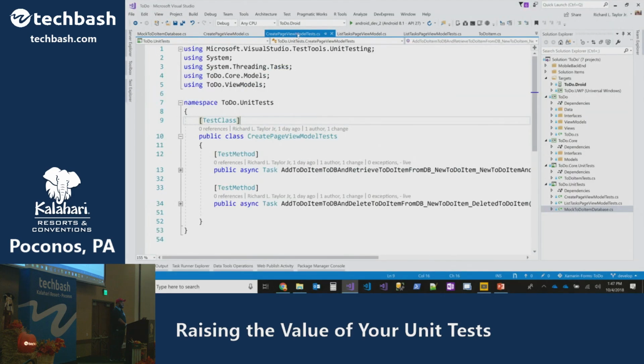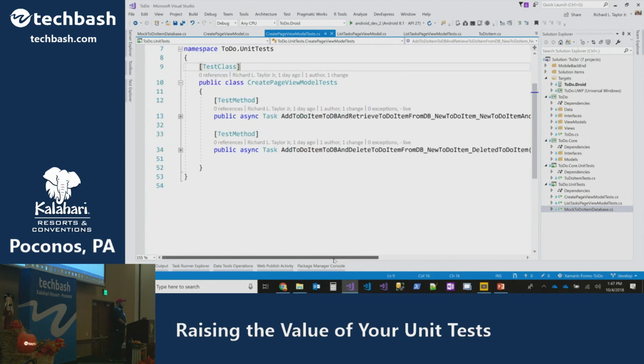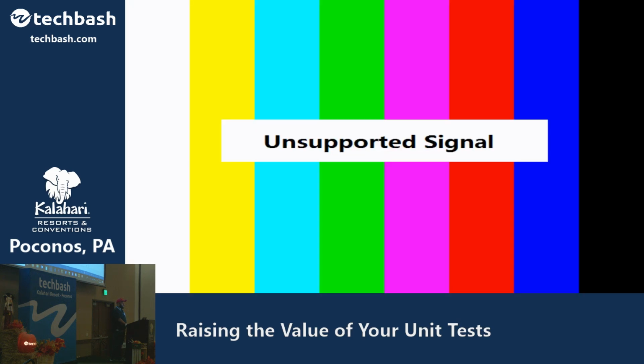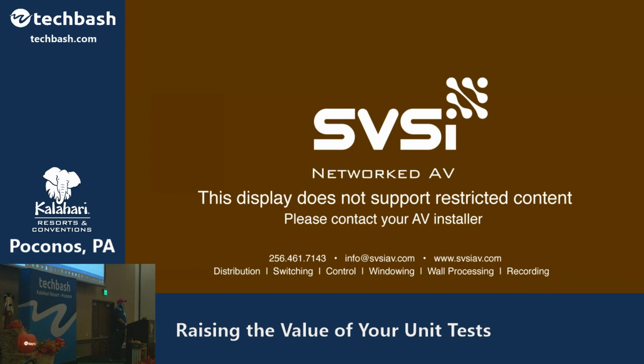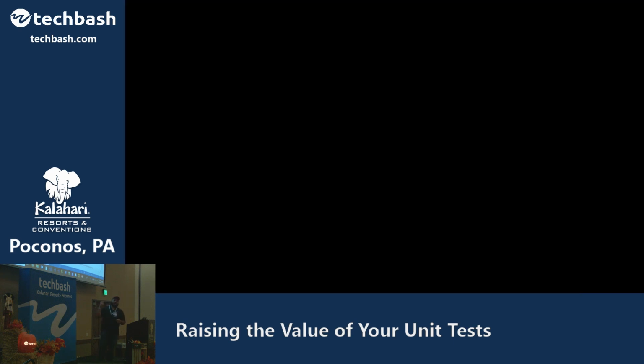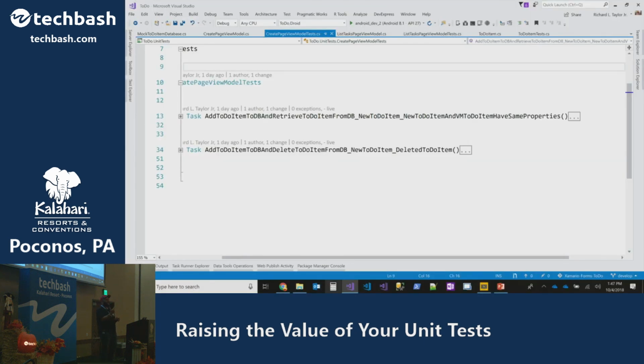So how do we set up a couple of tests for it? Here's one. You'll see it's add to-do item to database, and that is the unit of work that I'm doing. I'm going to add and I'm going to retrieve, which in effect is testing whether the add was successful. I probably could rework that and say added item to database. But you get the point.